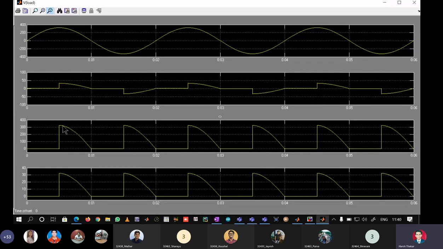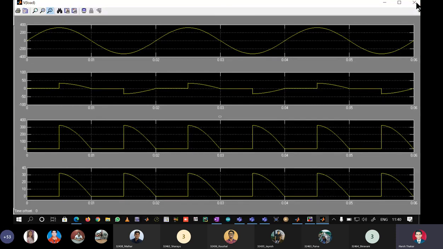So we see here naturally the input source Vs peaks with a value plus Vm at omega t equal to pi by 2, or it is 5 milliseconds here, and it peaks at minus Vm at omega t equal to 3 pi by 2, or we can say 15 milliseconds. So similarly, the load voltage here also will peak at pi by 2. Now you are not able to appreciate it here, so I will change the firing angle now.